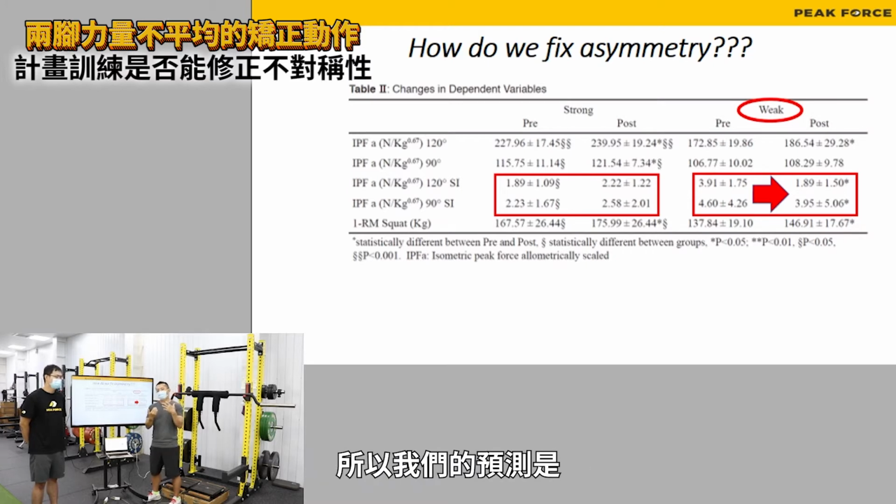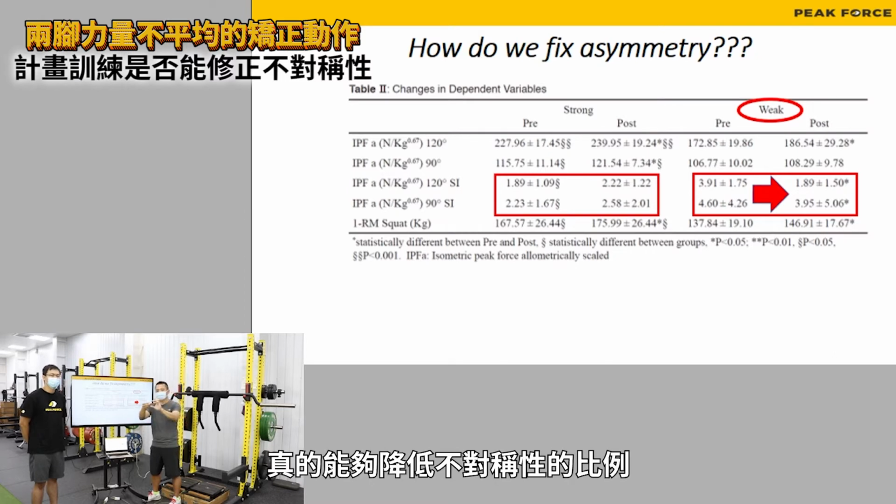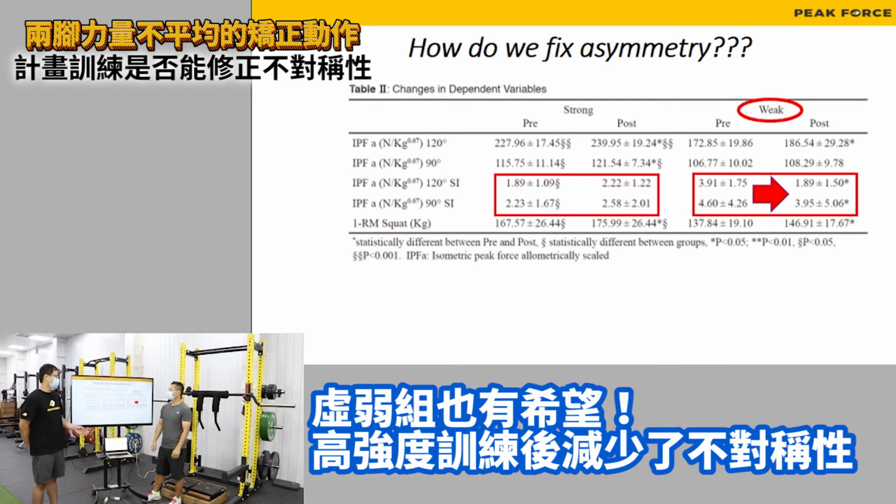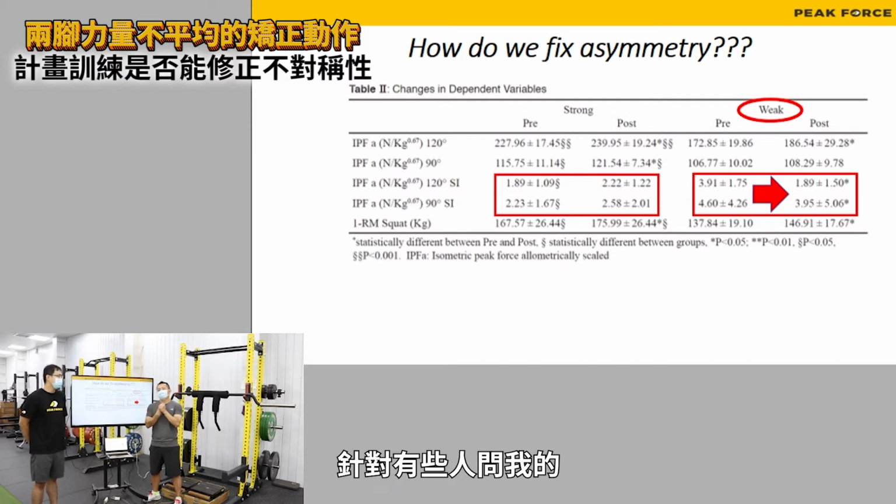So our prediction that doing weight training with relatively heavy weight would reduce the percentage of asymmetry was right. 好，那接着我们就来看看说我们刚刚这个肌力训练计划之后的结果吧。那尤其我们看到我们的左手边这个虚弱的部分，那可以看到虚弱的部分呢，它的差异的指数是下降的，也就是说它身体的不对称性是减少的。那也就是说，它在随着它的身体变强壮的过程中，它就修正了它身体的不对称情形。